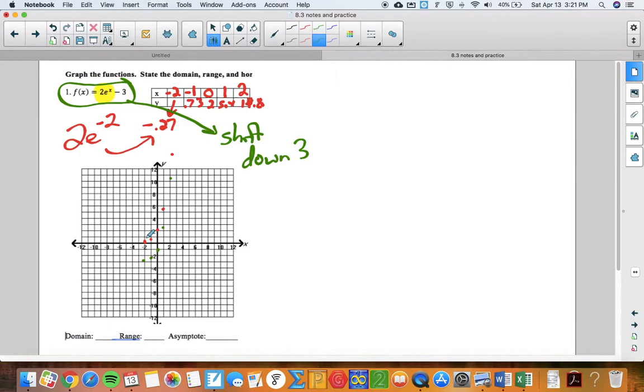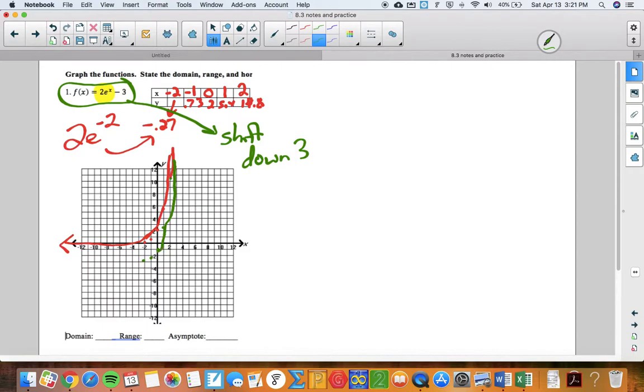Right about there. If you look at the red dots, and if you're ever uncertain, you can test these negative numbers. You can punch negative 12 into your calculator. It's going to give you a number just above 0. So these red dots would continue to get close to 0, but not quite touch it. So the parent function has a horizontal asymptote at 0, but that's not the equation that we actually want to